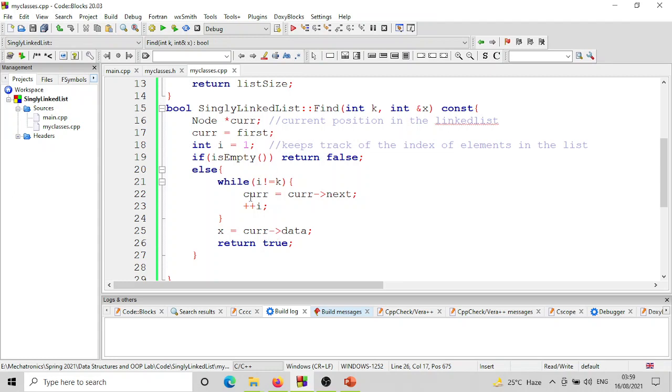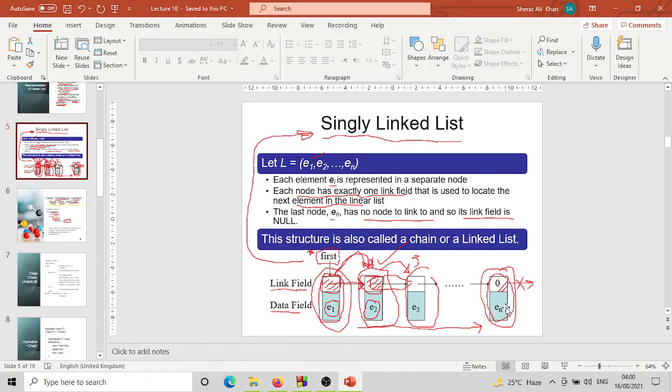इसमें एक कंडीशन लगानी है, ठीक है। वो कंडीशन क्या है? वो कंडीशन ये है कि जब we say current is equal to current arrow next, ठीक है, सो ऐसा भी हो सकता है कि current arrow next जो है वो हमारे पास नल हो, ज़ीरो हो। तो अगर वो नल होगा तो next time when this loop runs, ठीक है, next time when this loop runs, फिर ये कोड जो है वो ठीक काम नहीं करेगा, क्योंकि next time अगर हम उसे कहेंगे ना कि current is equal to current arrow next, so since last time, and for example if we get to the end of this list, ठीक है, if we get to the end of this list,